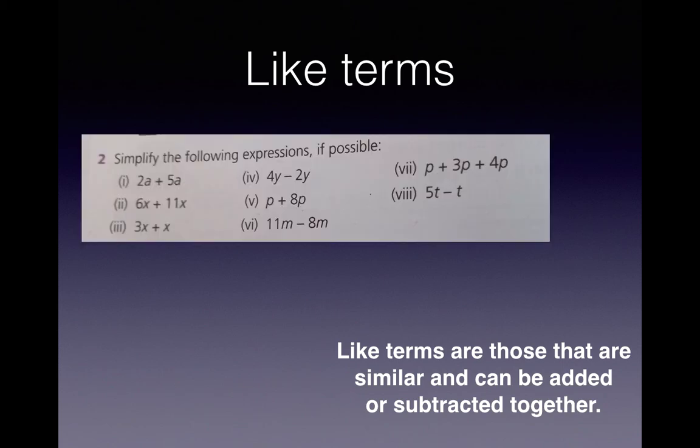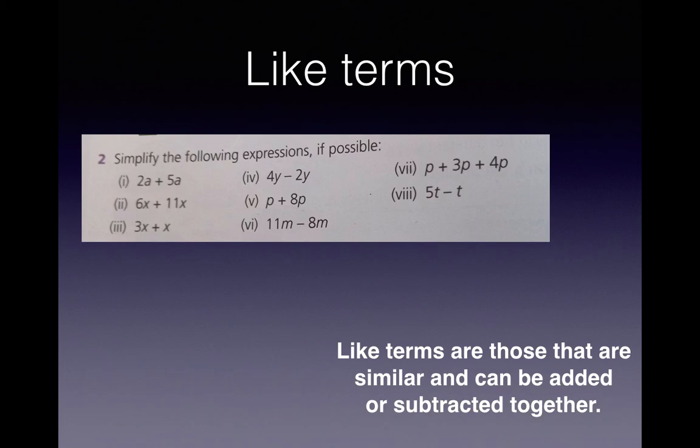So I'd like you to give these guys a go. Pause the video, and here are the answers. Number 1, 2 apples and 5 apples, 7 apples. Number 2, 7a. Number 2, 17x. Number 3, 4x. Number 4, 2 yellow submarines, and I owe 2 yellow submarines, means I have just 2 yellow